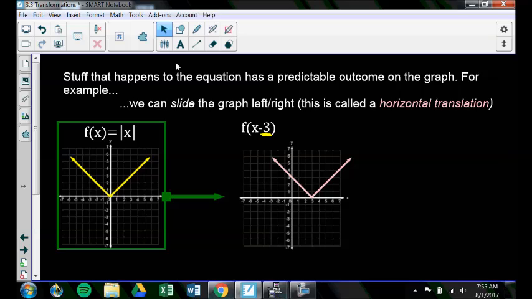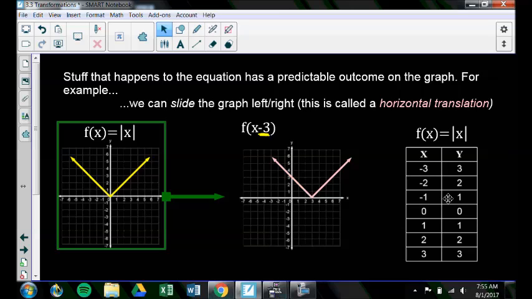And explaining why it moves it right instead of left isn't terribly difficult, but I actually leave it for an extra credit problem in this chapter. So if you're in my class and doing this, we'll explore why this moves it right 3 instead of left 3. You can get points for that. And if you keep following along with this video and having that in your mind, you might even answer that question as you go. But part of the idea is,